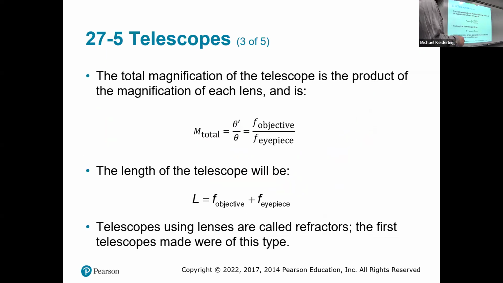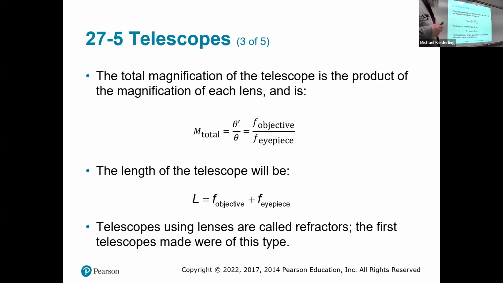Which ends up being theta prime over theta, which is the focal length of the objective over the focal length of the eyepiece. And the length of the telescope will be the focal length of the objective plus the focal length of the eyepiece. And telescopes using lenses are called refractors. The first telescopes that were made were of this type. They were made by Dutch lens grinders